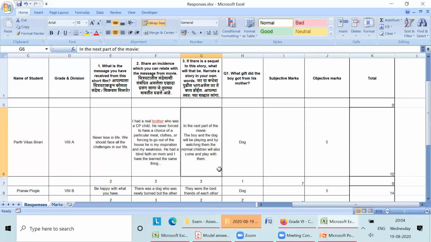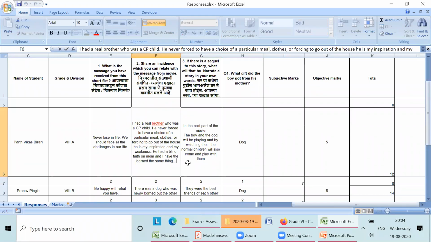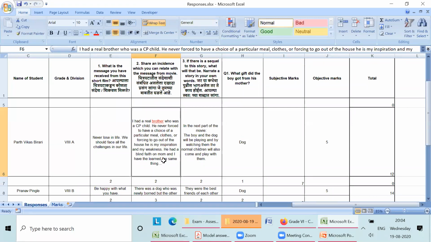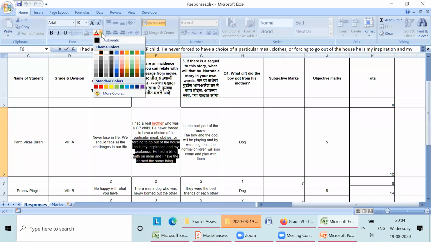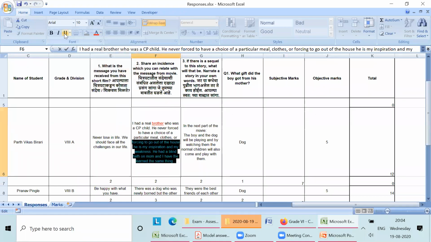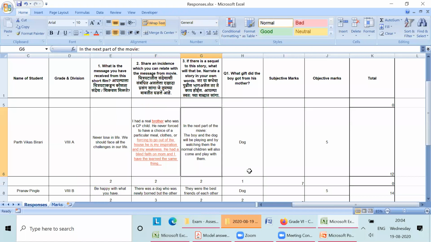That's what I'm asking. See, if you're giving red, color the wrong part red. Or underline it. Suppose this much is the wrong part. You have to select the cell first and double click, so your cursor will change to a blinking text cursor. Select this part, come here and select the red color, or simply underline it like this. Whichever is easier and faster for you.